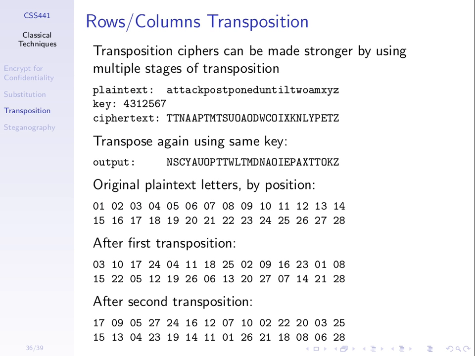Questions on substitution or transposition ciphers? One of the harder exam questions I've had is how to decrypt a rows and columns cipher combined with a Caesar cipher, where no key is given. You may look at last year's midterm exam at the end of the handout. You'll see. Any questions?